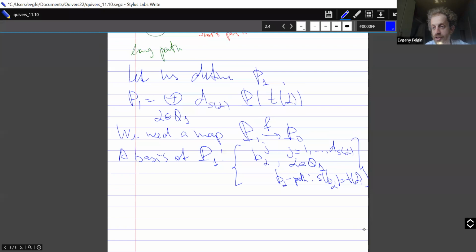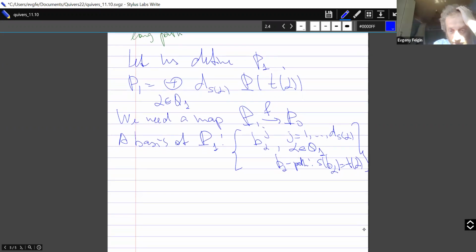So Xinyu, can you explain why this is a basis? Just a few words. P1 is the direct sum of PT alpha. The PT alpha has the basis of the paths going out of the vertex T alpha. Right, right. So it is just the SB alpha set. Absolutely, right. So just coming from the definition, this is the basis, and now we have to